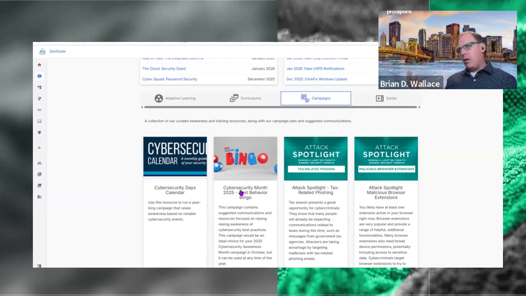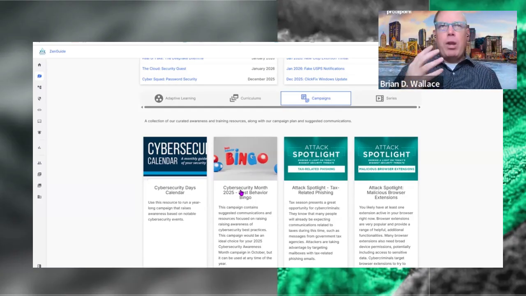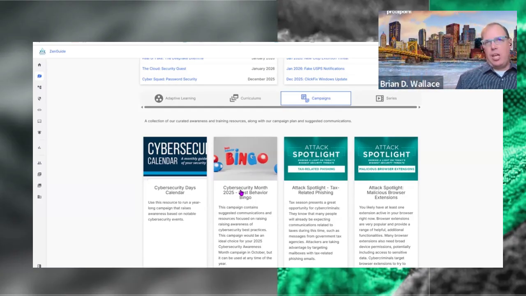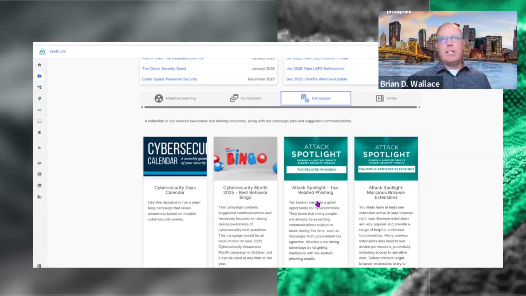I look at our attack spotlights as almost like a crystal ball. Sometimes we can see things very clearly, some things are a little bit fuzzy, but we have an ability to predict things. So for our friends here on the call that are from the US, we know end of March, beginning of April here in the US, there are going to be tax-related phishing scams.